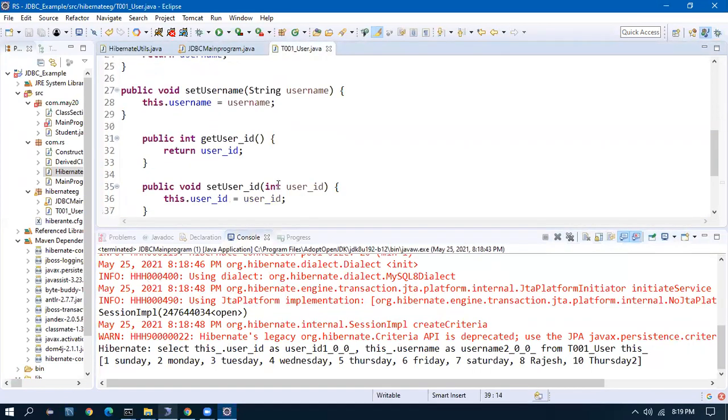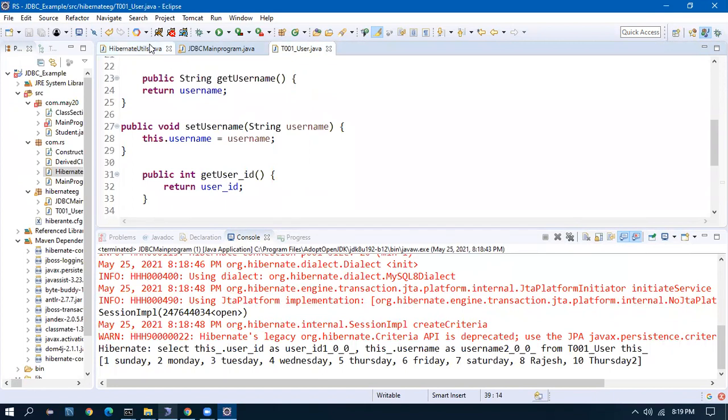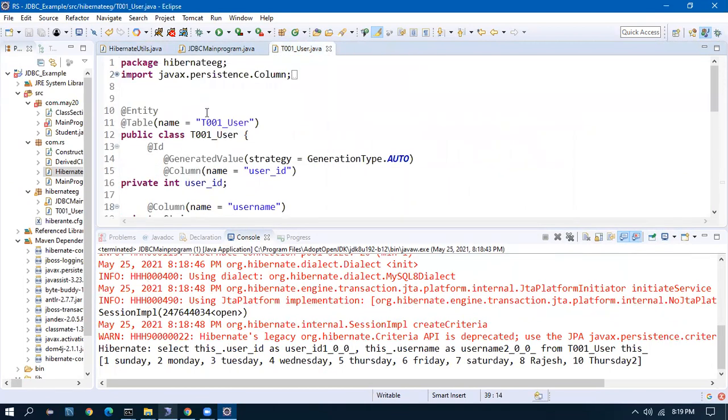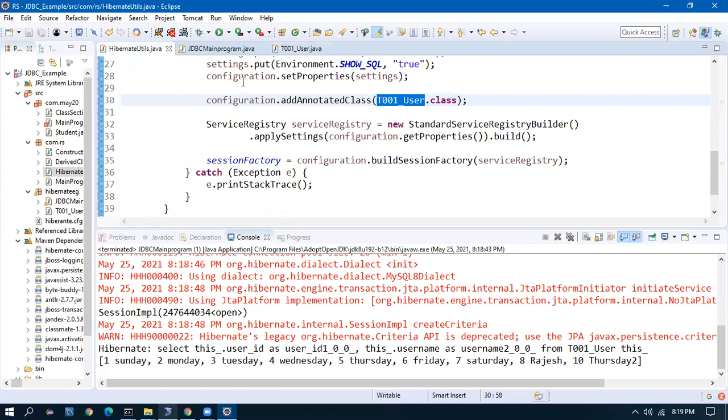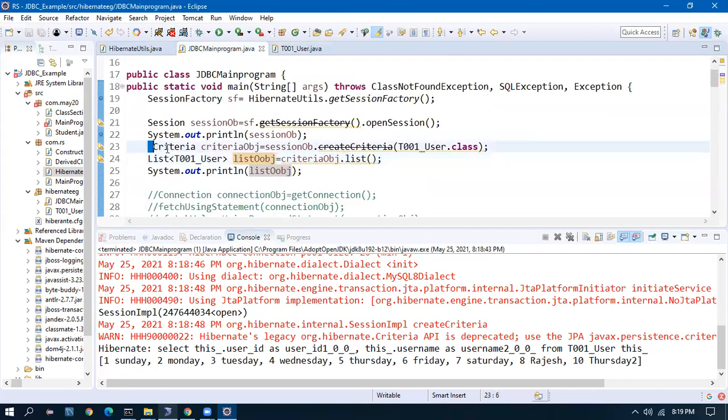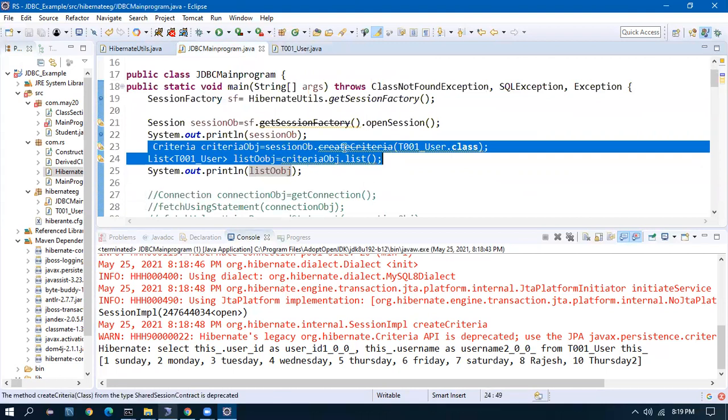So this is a simple example of how we connect to a database with Hibernate with no queries. It's zero query. We just gave some configuration. We gave some annotation here. We mapped the DB column with the Java column, and we gave just one line of code, 2 lines actually, create criteria and list, that's it. This is bringing me the entire dump.